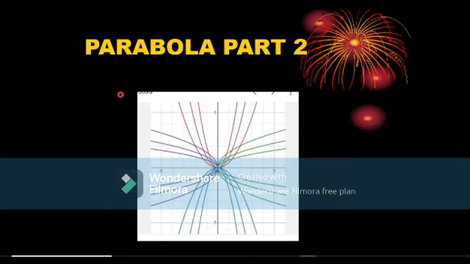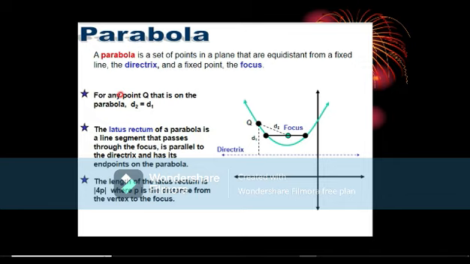Now at this point we are going to discuss parabola part 2. So let's start. Let us recall the concept of parabola in this video. Most of the parts of parabola have been discussed in the previous video, but in this video we will still discuss and repeat the same parts, so you will be refreshed with the